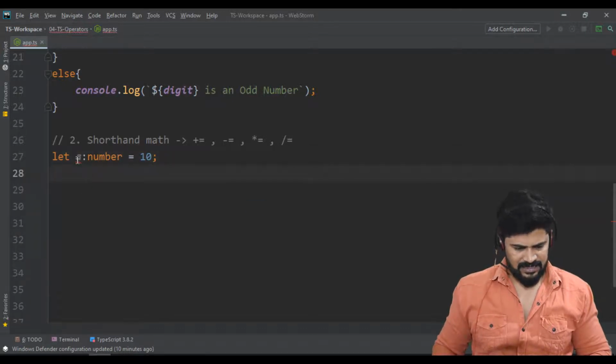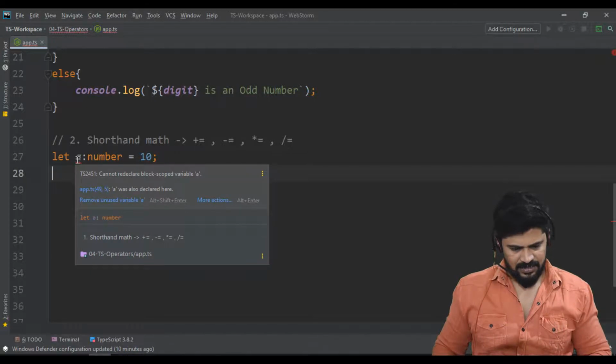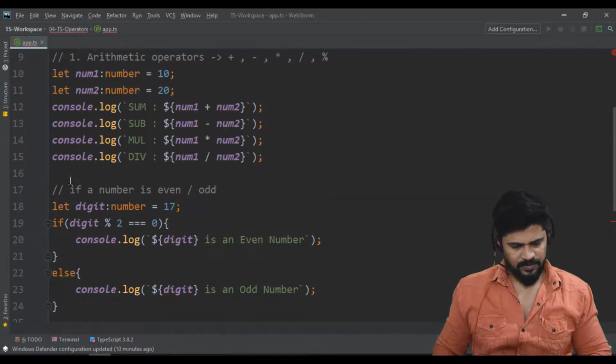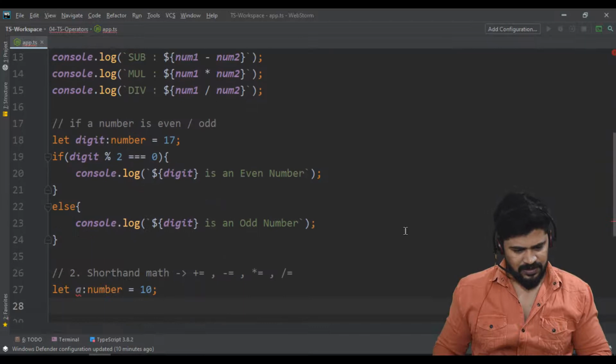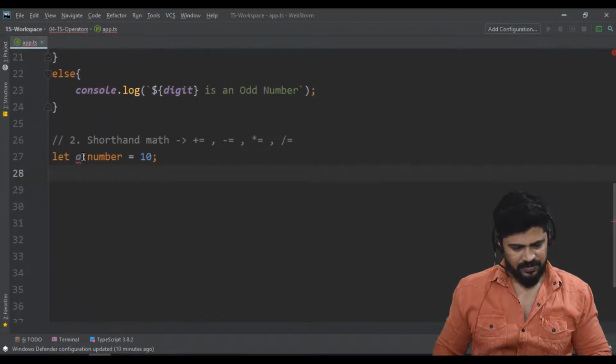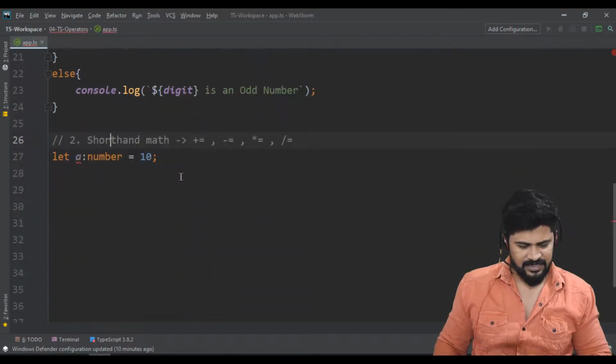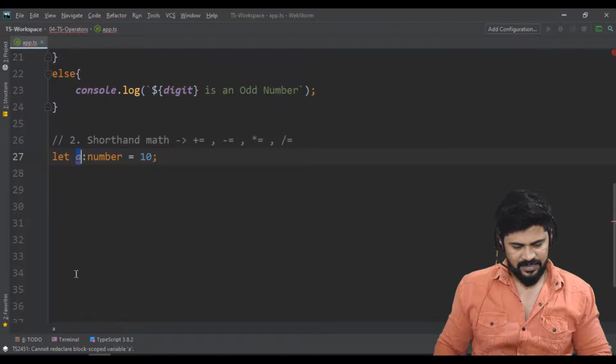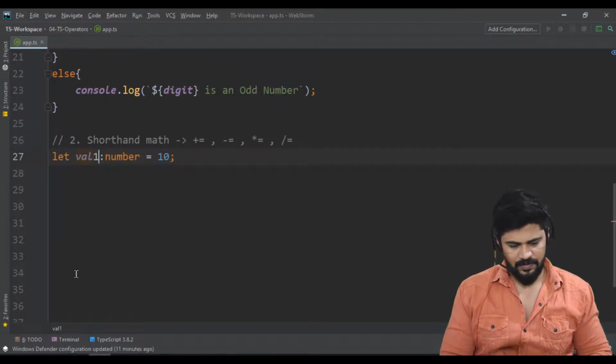But why does it say A cannot redeclare the block scope variable? There is no A declared, no? How come it says something weird?